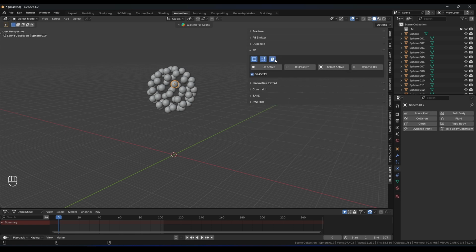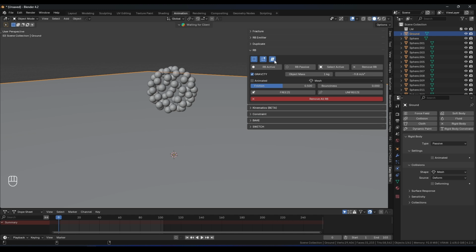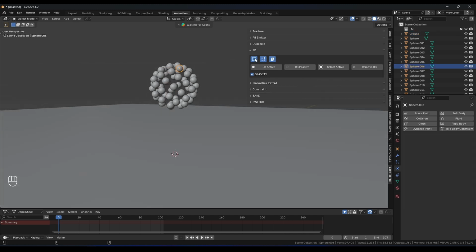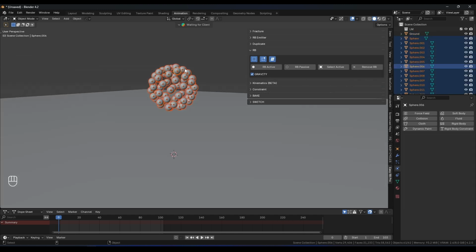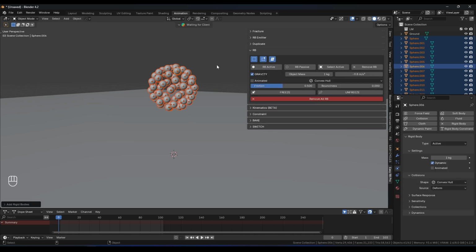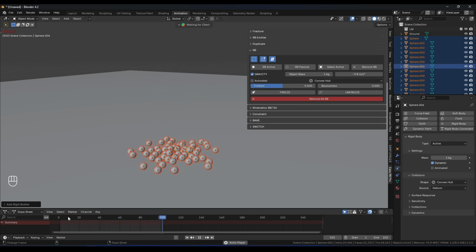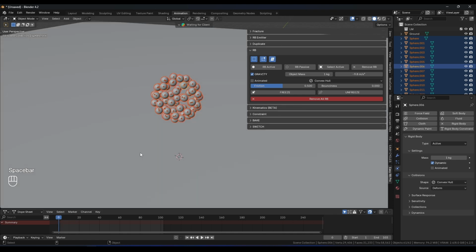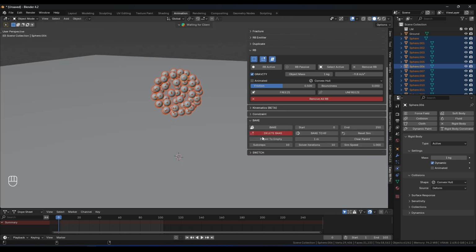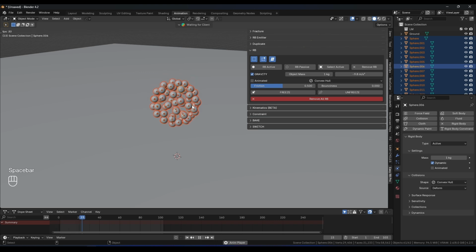So if we add a ground, press here, we can add a ground, and if we select one of them and press here, it will select all of them by name, and we can add a rigid body active to them like this. And if we play the simulation, you will see they will collide with each other, and they will simulate like this. And let me reduce just the steps to work faster. Okay,